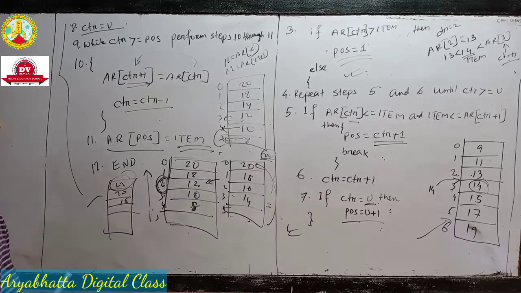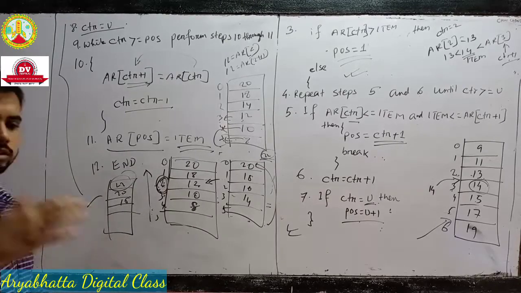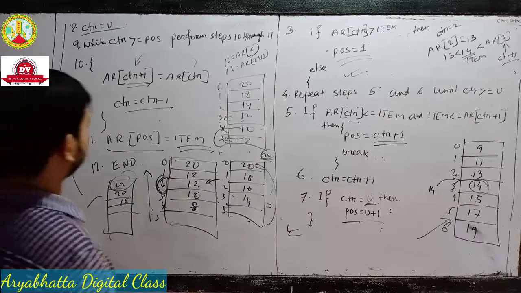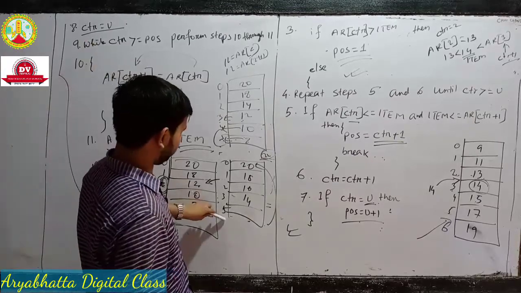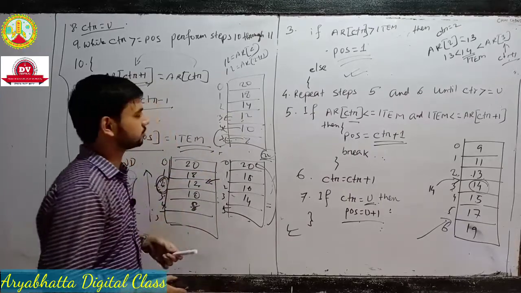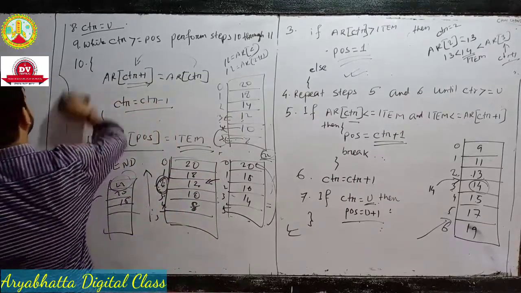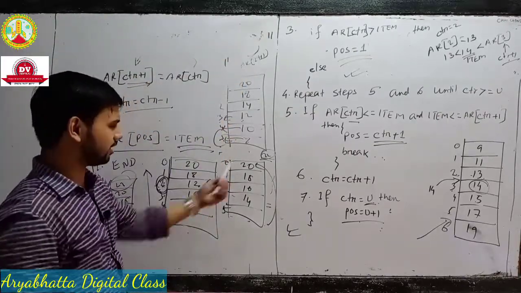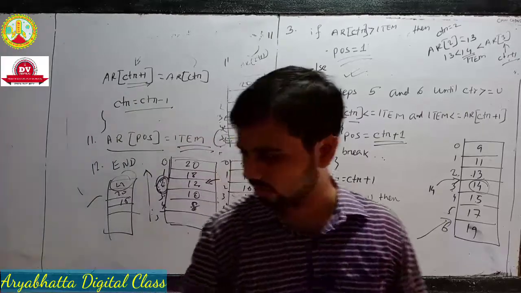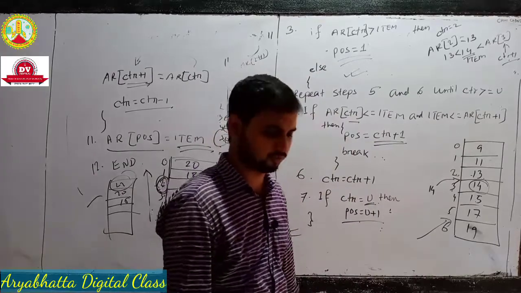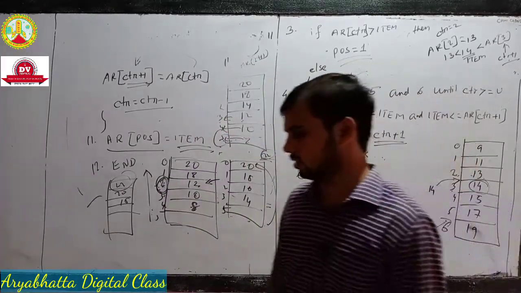Now, you cannot understand if you don't think with your own logic. How many hours will I teach you? That's why we are taking counter from u, means upper bound. Upper bound you can see, that's why it is decremented. This is the insertion, and the program is not so important, that's why I don't teach you the program. If you understand this, you can easily understand the program. Program is already in the books. If you want to see that, you see, and if you have any doubt, you can ask me, don't be hesitant. And next is